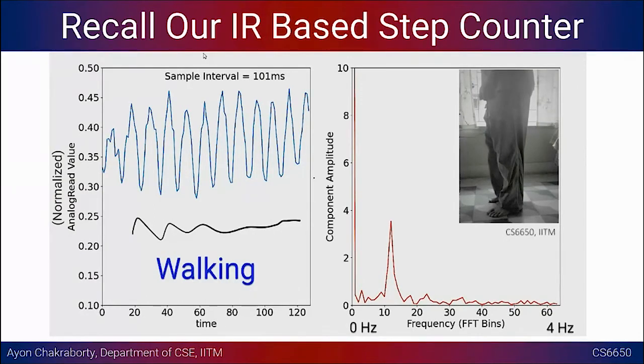So in this case, the primary target that I was tracking were my legs, and here we are just interested in the periodicity that is happening because of my legs' movement. But apart from my legs, I could have also tracked my knees or my ankles and so on. That might have more intricate movements and might result in different frequency components. But in this case, we were not interested in that. We were just getting some macro behavior.